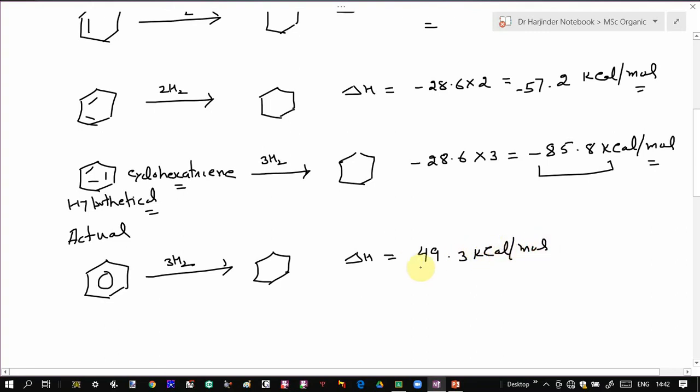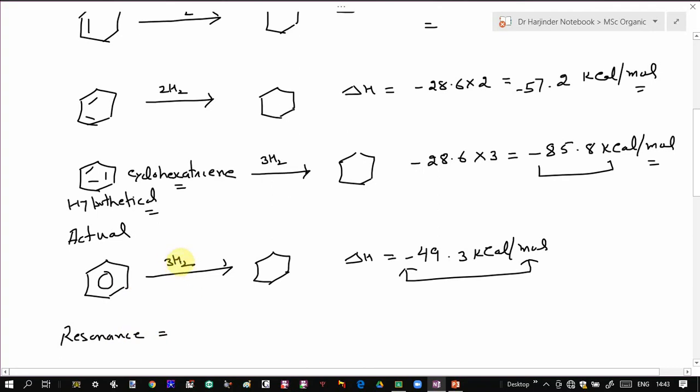So this is the actual amount of energy which is released, and this was the hypothetically expected. So this is the actual amount of energy released. That means in benzene these double bonds have lesser energy, or more stability. So your resonance energy can be written as